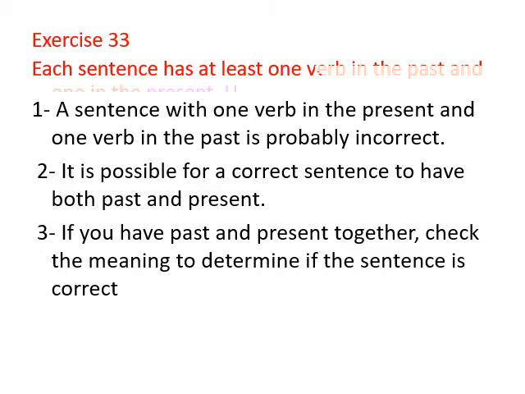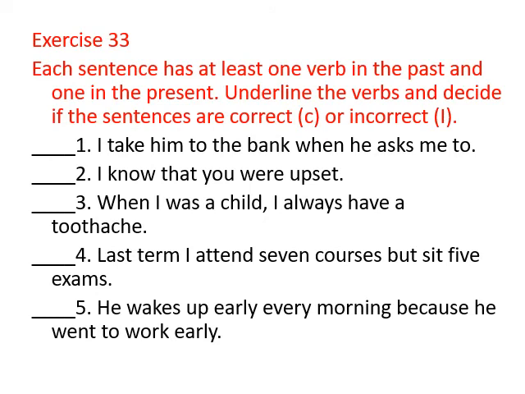طيب. We take exercise 33 now. Each sentence has at least one verb in the past and one in the present. في الجمل اللي جاية دي. Underline the verbs and decide if the sentences are correct or incorrect. يعني ما أقول I take him to the bank when he asks me to. طبعا الجملة دي صح. I take him to the bank, present tense